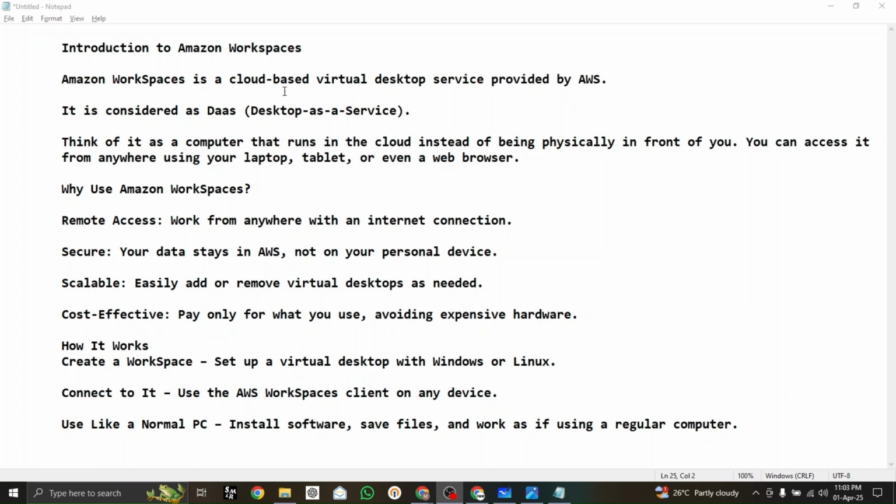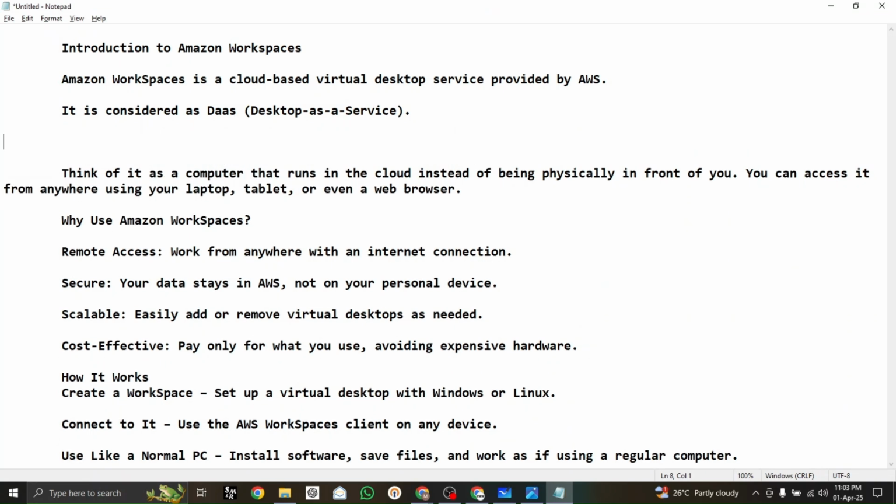So what actually is Amazon Workspace? Amazon Workspace is a cloud-based virtual desktop service provided by AWS. It is considered as DaaS, which means desktop as a service. In the domain of cloud computing, we have multiple as-a-service models, like IaaS, which we call infrastructure as a service, PaaS, which we call platform as a service, and then we have SaaS, which is software as a service. Now there is a concept which we call